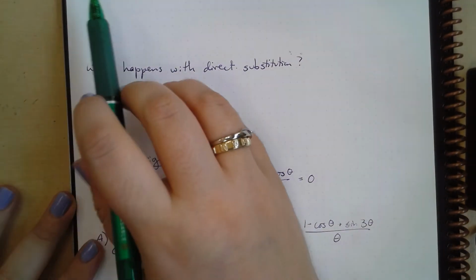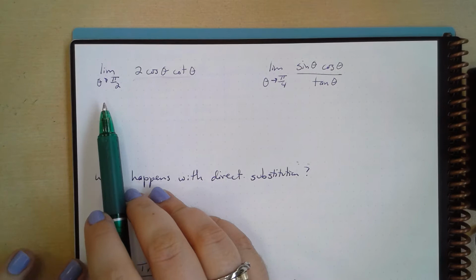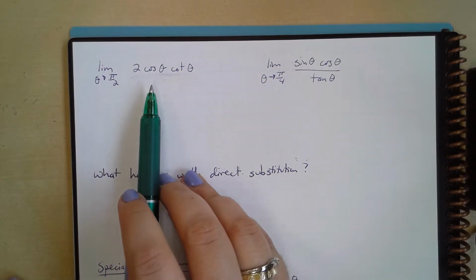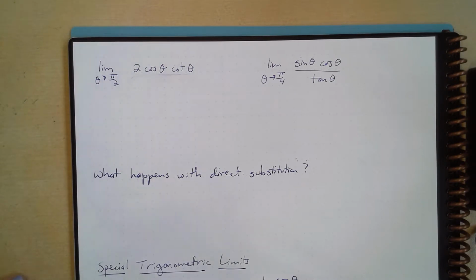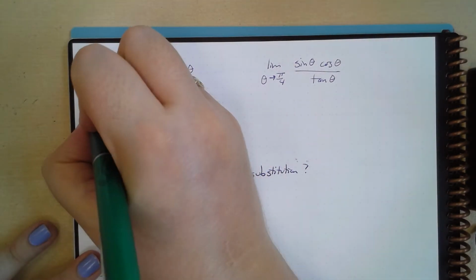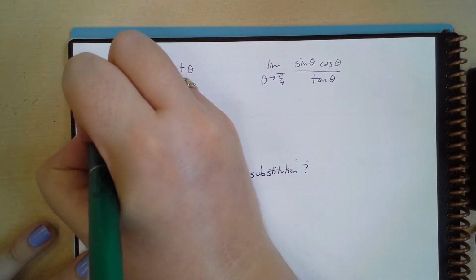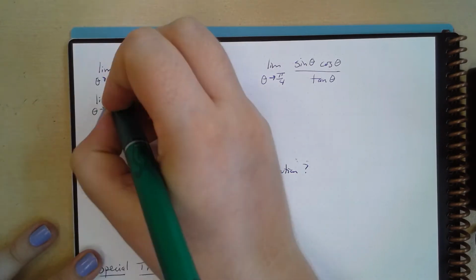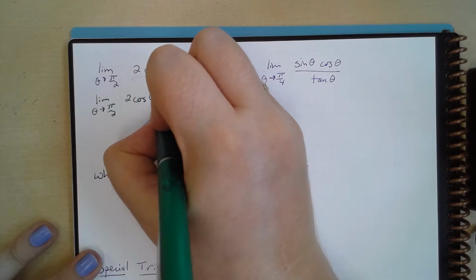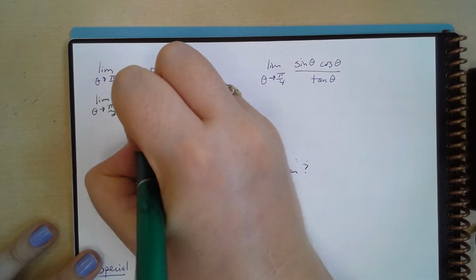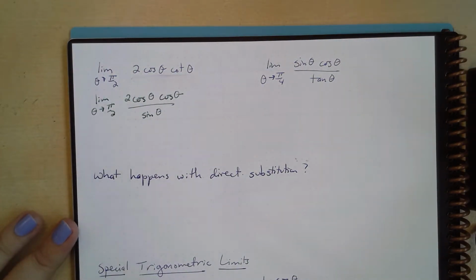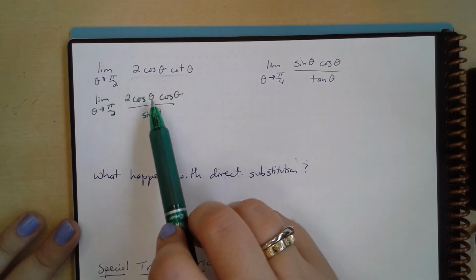What if we have here the limit as theta goes to pi over 2 of 2 cosine theta cotangent theta? Well, this is not quite as direct, so we might have to rewrite this a little bit. I'm going to rewrite this as the limit as theta approaches pi over 2 of 2 cosine theta over sine theta, right? I can use my trigonometric identities, which you are familiar with already, to just rewrite cotangent